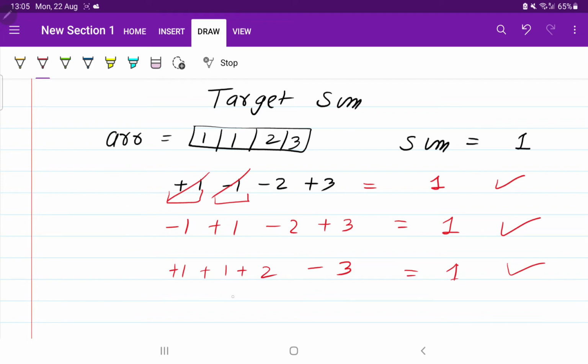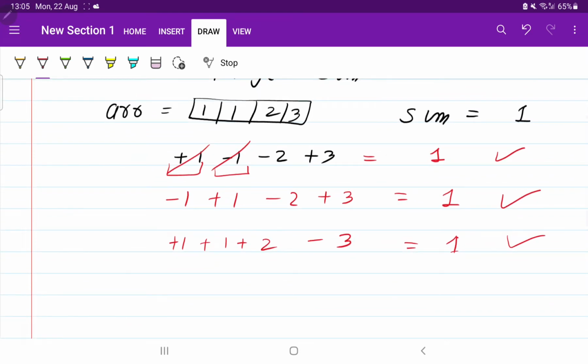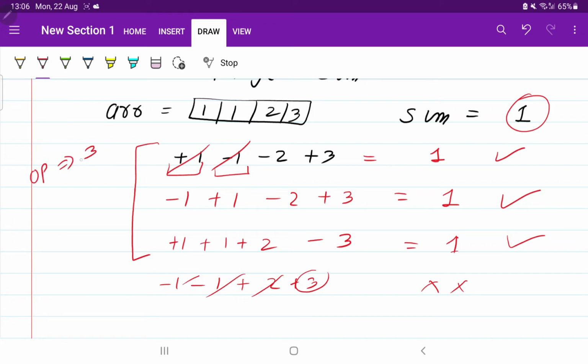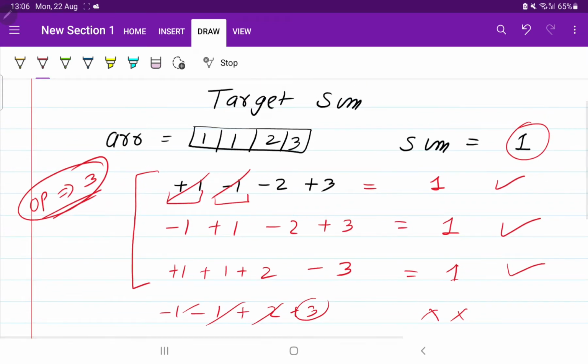So if you are going to try it further, okay, let's try it out. Let's give minus sign to both the ones. Okay, and let us give plus sign to both. So 3 plus this are going to get cancelled out, we are going to get outcome as 3, but we want sum as 1. It means it is not possible. So here there are 3 ways, so output will be 3. So we have to find how many such cases are possible. I hope the problem statement is clear now.